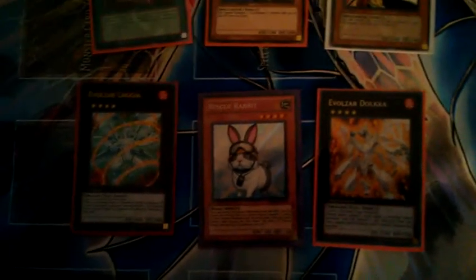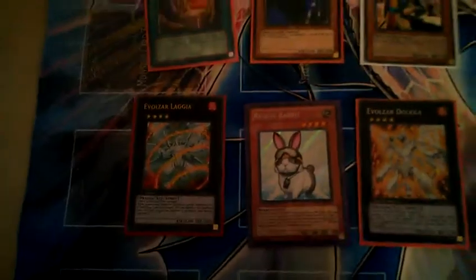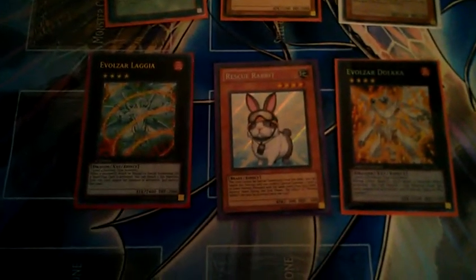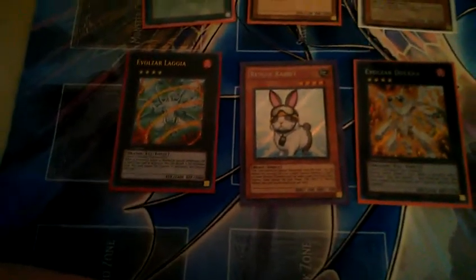To go on to the last one, the last matchup I have prepared is Rescue Rabbit. Basically Dino Rabbits. I found that this was actually a very decent matchup for us. It would take a very smart Dino Rabbit player to actually beat you, I found. Because,